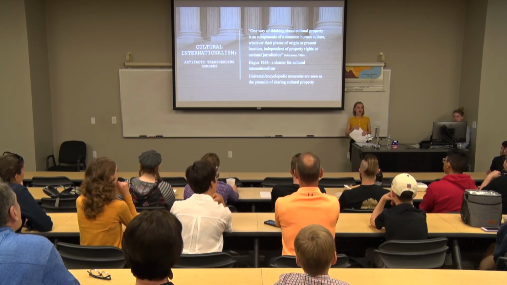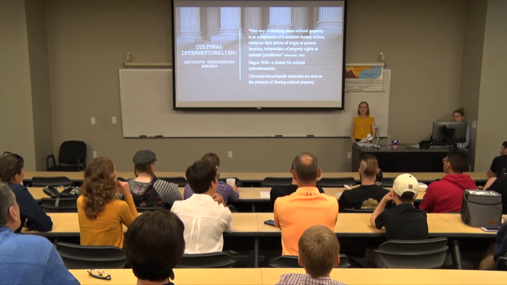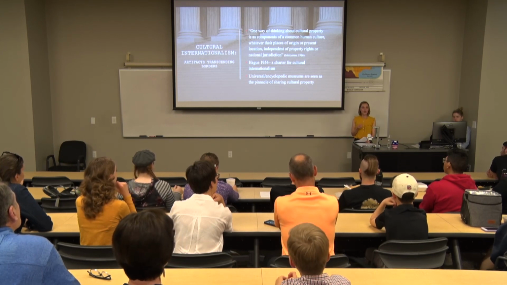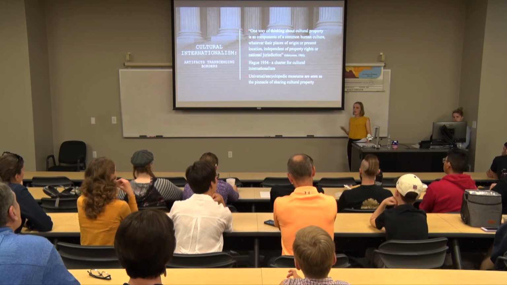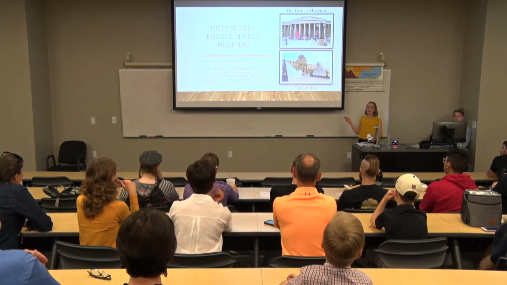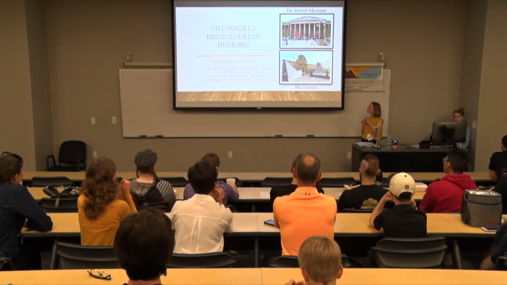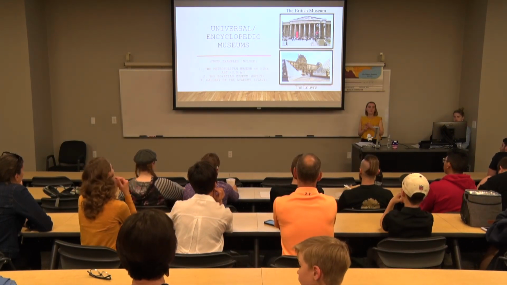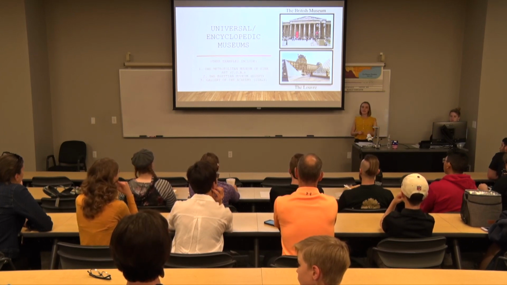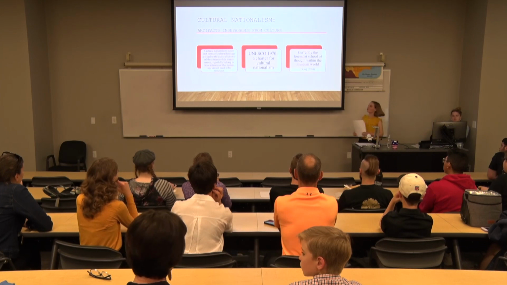Also part of the cultural internationalist viewpoint is the universal and encyclopedic museum. This is considered one of the core tenets of cultural internationalism, the belief that we should have museums that are universal and encyclopedic, that have a large array of cultural property from all over the world. Next slide, please. Here are some examples of universal and encyclopedic museums, two really well-known examples, the British Museum and the Louvre. Other examples include the Met in the US, the Egyptian Museum in Egypt, and the Gallery of the Academy in Italy. These are just a few examples. There are many universal museums. And then next, cultural nationalism.